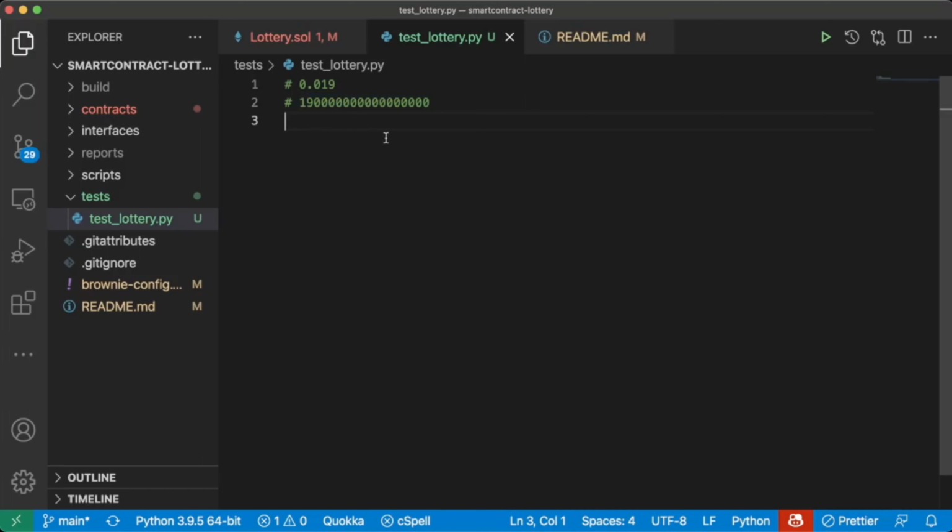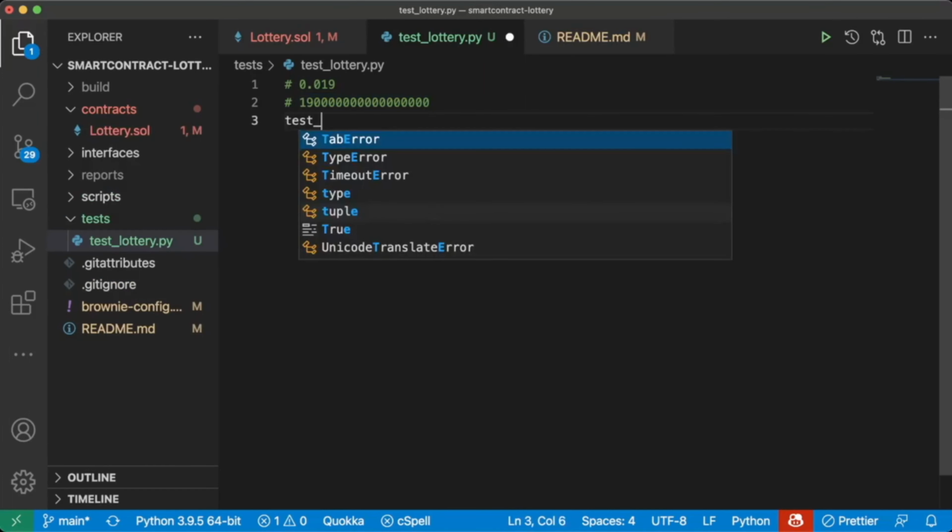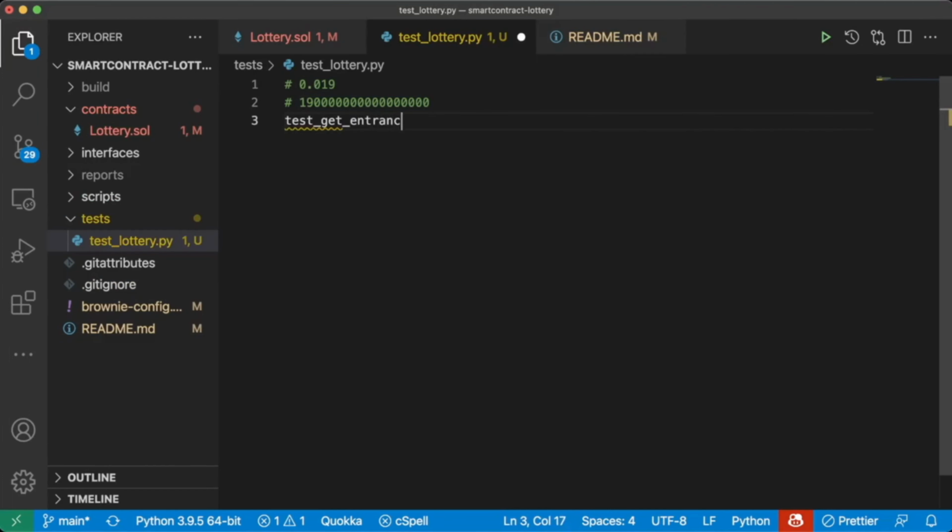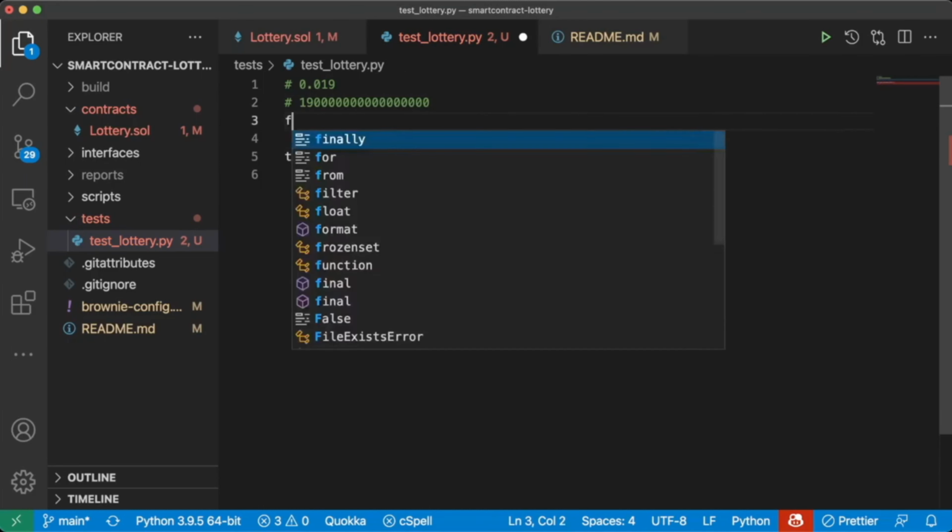So let's go ahead and create a function that tests this. So we'll do test get entrance fee. And in here, we'll deploy lottery. And in here, the first thing we need to do is deploy this lottery function, of course. So we'll do from